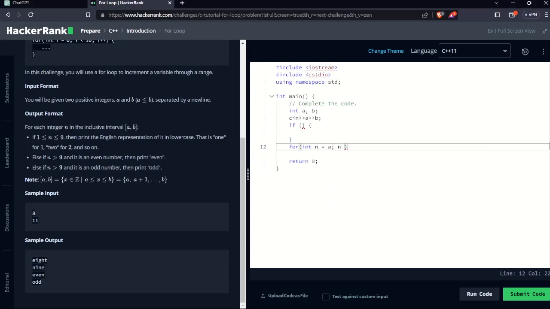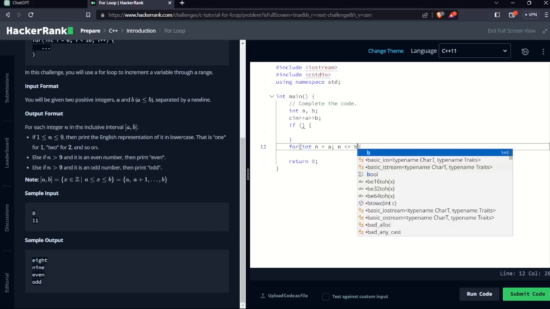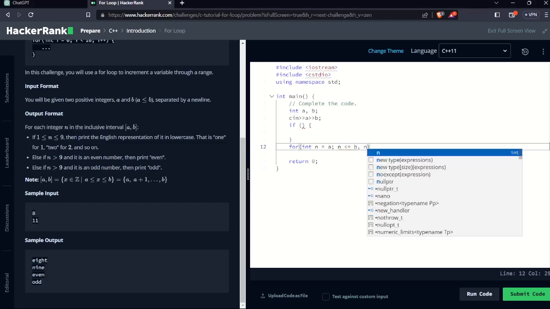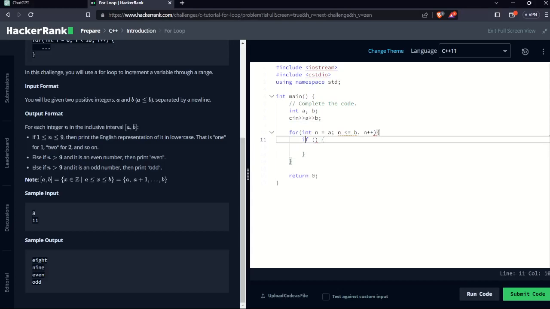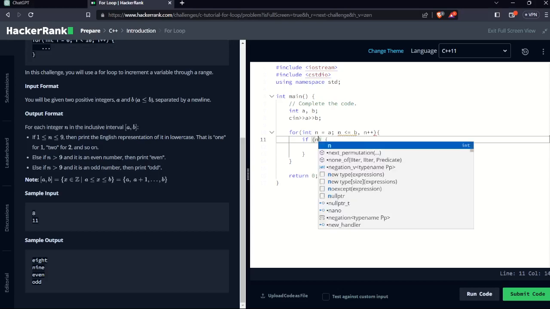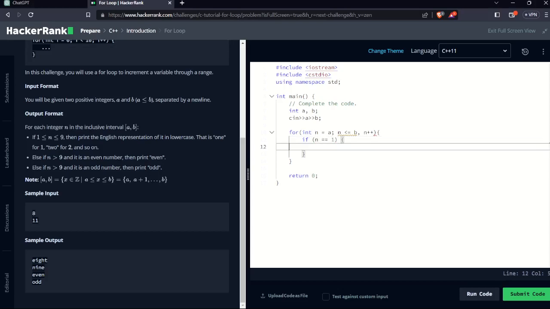So a is the first in the interval, the interval that starts from it. n should be less than or equal to the last of the interval, and I should increment it. So I need to put an if condition inside the for loop. If n is equal to 1, then I should print out